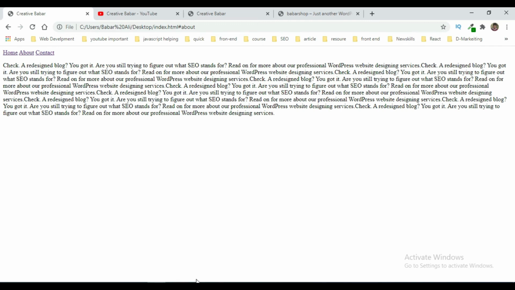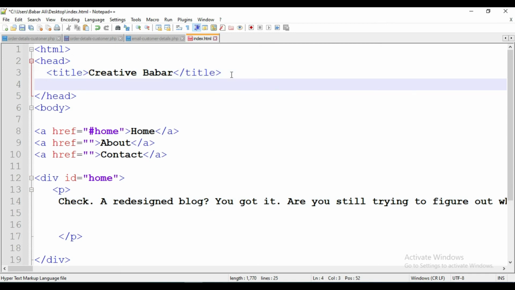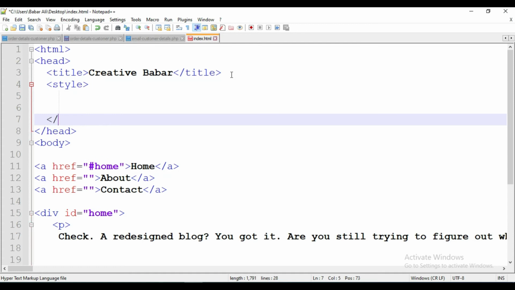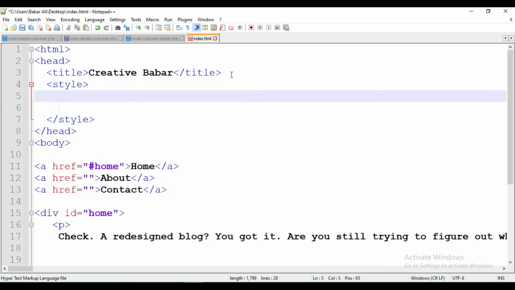So I want to adjust this div to the center, so I put a style tag in the header, style, and here I call the div.